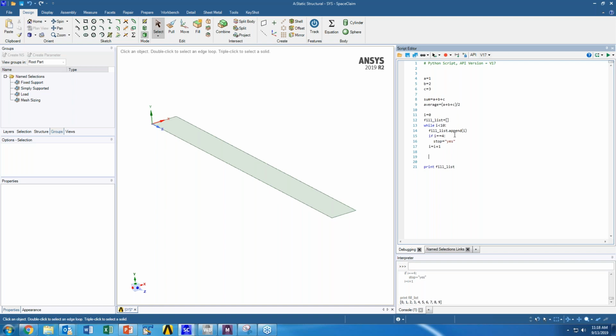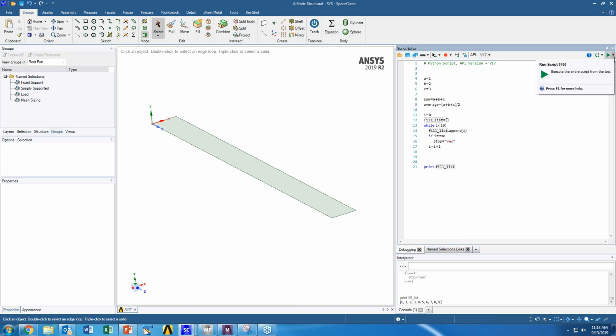So I have a very basic script here. This script is in no way interacting with geometry. It's literally just a script. I establish a few variables, I do some mathematical operations on said variables, I run through a while loop, filling a list with some numbers, and then I end it.